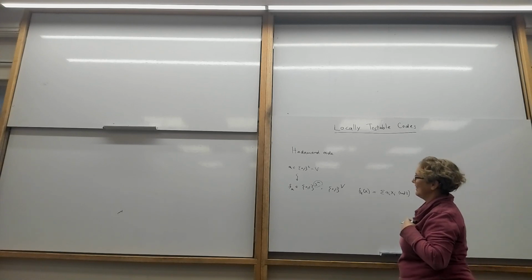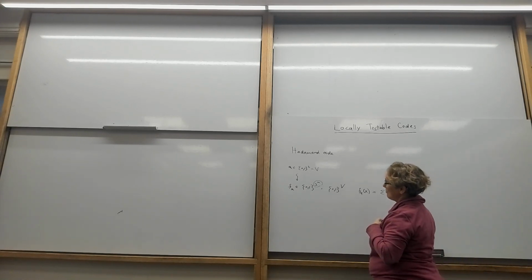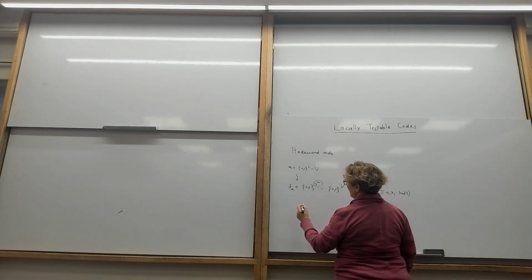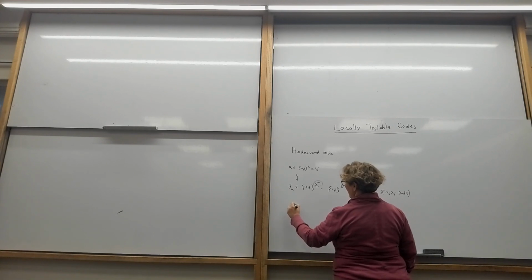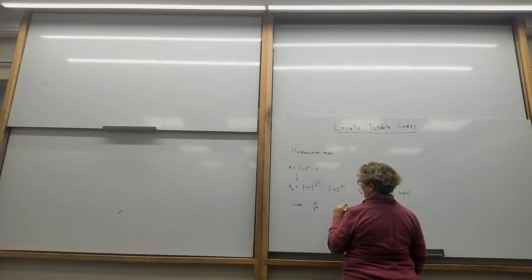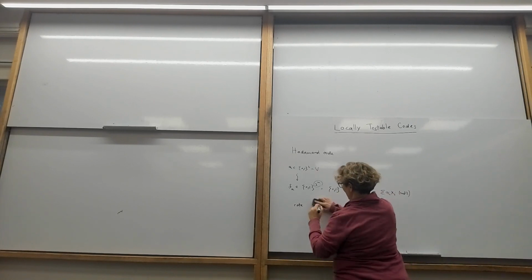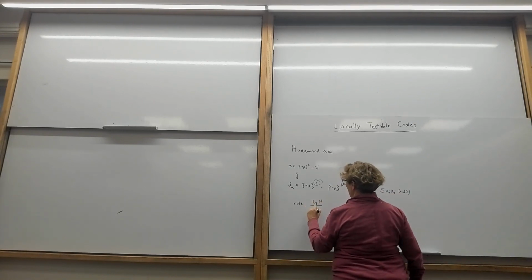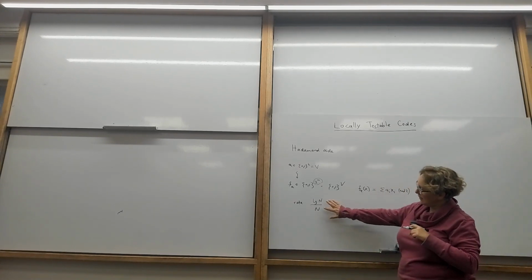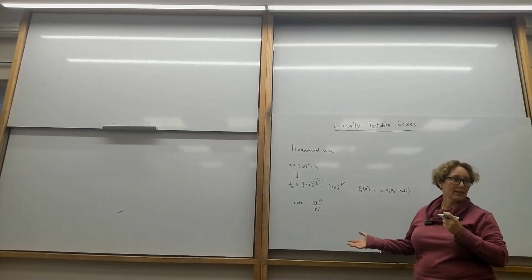So the rate of this code is n divided by 2 to the n. No, sorry, log N divided by N, where capital N is 2 to the n. So this is a very small rate, but it has other very good